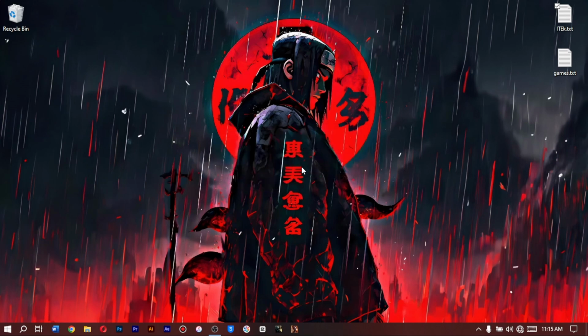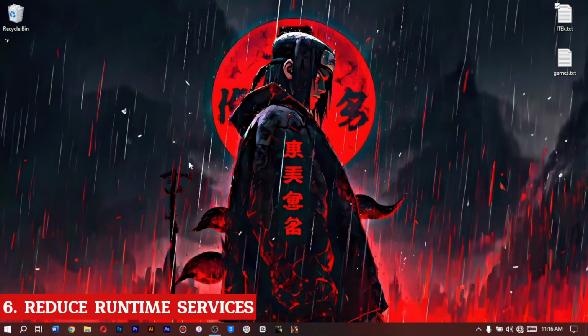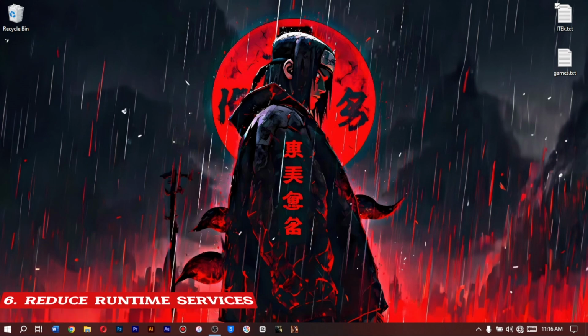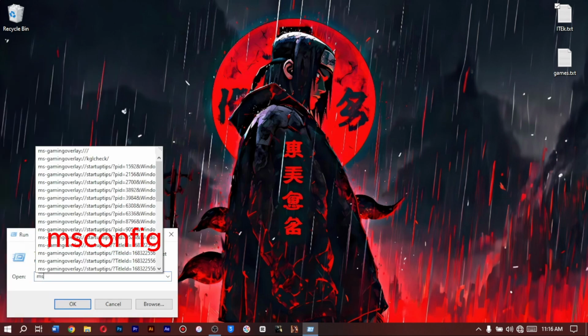Then you are done with this step as well. And the last step is reduce runtime services. For this step, you head to your Windows icon once more and you right click on it and you click on run. Then you type in msconfig